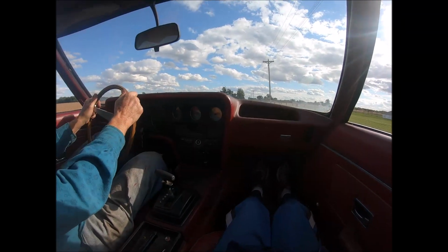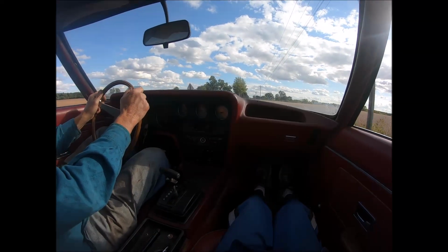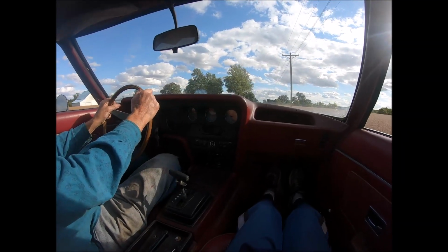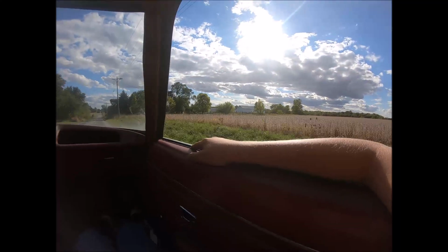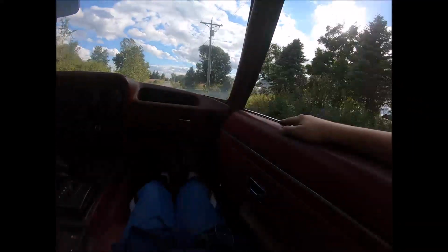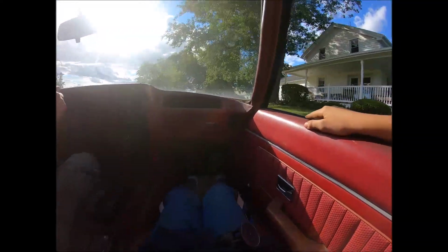Shift's good too. Shift's fast, smooth. We're in second right now. There's third. Shift's really good. Yeah, transmission feels really nice, better than before. We're going to Grandpa's friend's house. That flat spot is really bad. I'm going to have to check that out. Ride's pretty nice, it's not too bumpy. It's kind of bumpy now, but...